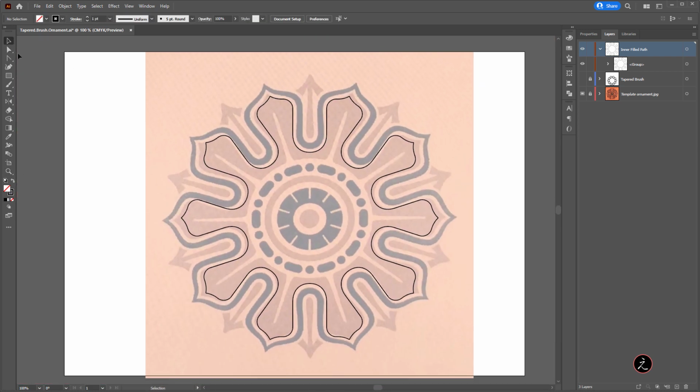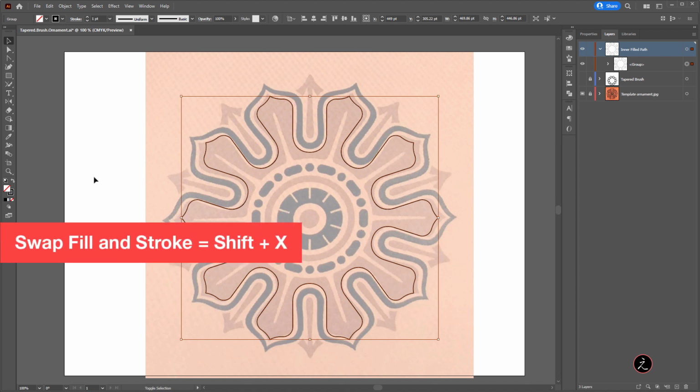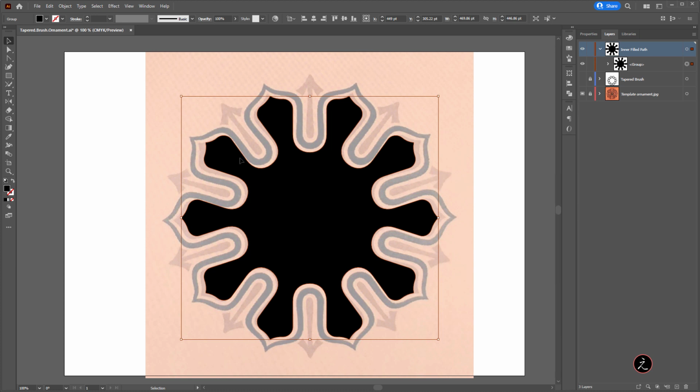There's another easy way to do it, which is to grab the join tool. And all I'm going to do with the join tool is drag over all of these corners in order to fuse them together. This way, this way, this way. And just drag those over like so. And that should do the trick. So how we're going to test this, we're going to select all that and swap between stroke and fill, and I'm using the keyboard shortcut. And as you can see, things are working great.